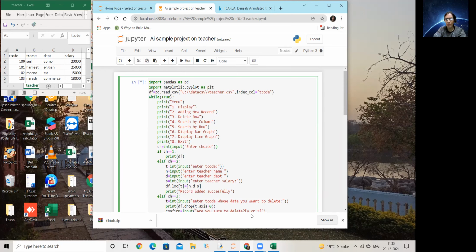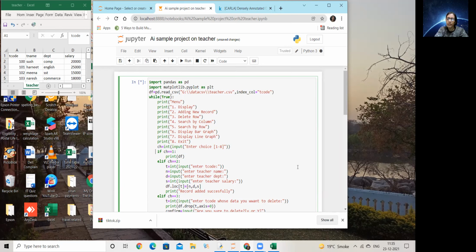Those codes will become a little complex, so I'm not really going into those codes. I'm assuming that my user is intelligent enough to understand. At the maximum, you can give him a message saying "Please enter 1 to 8. Won't enter any other value." This kind of message I can give, but I'm not doing much data error handling in this.